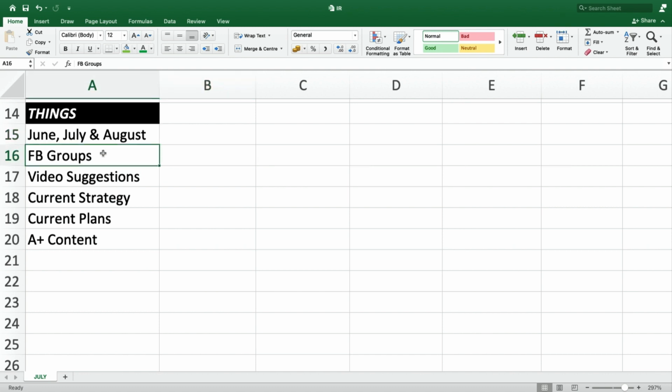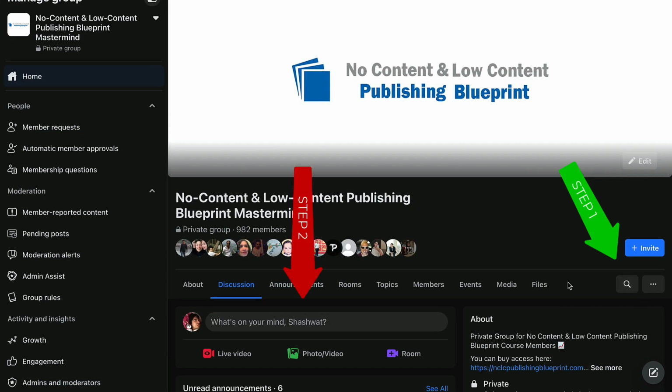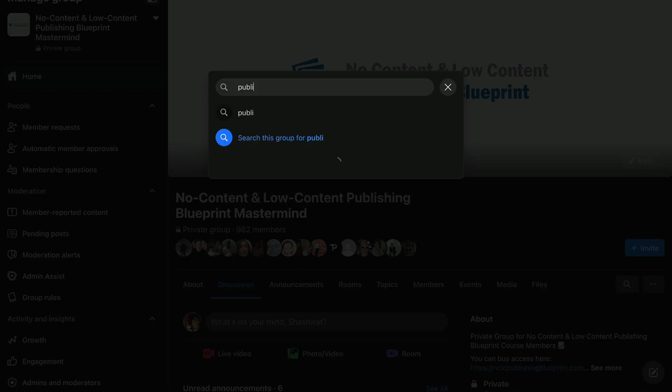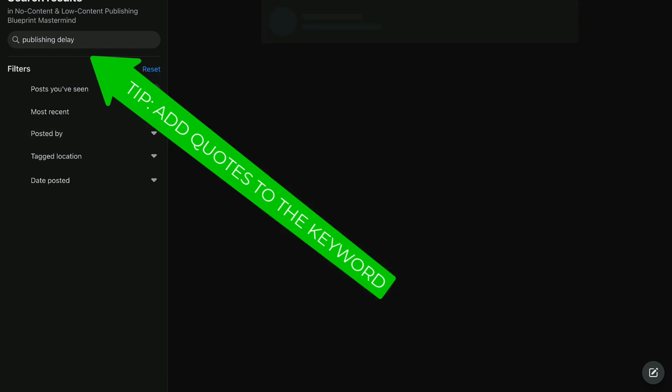Facebook groups. So this is mostly for the new people. Please make sure before you post a question in any of the Facebook groups, please make sure to search the question in the group. So there's a search bar in all the Facebook groups. You can click on that and you can search for a keyword and it'll show you all the posts that has that keyword, because most of the time your question has probably been asked several times before.